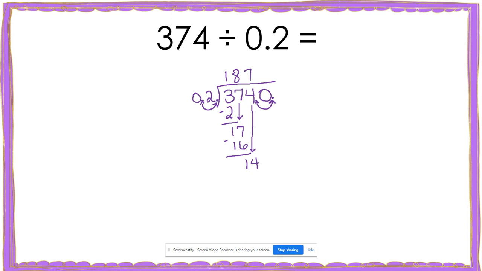14 divided by 2 is 7, and then I'm going to multiply 7 times 2, which gives me 14. Now I'm left with 0. I have to be careful here because it looks as if I have nothing left, but I actually have this